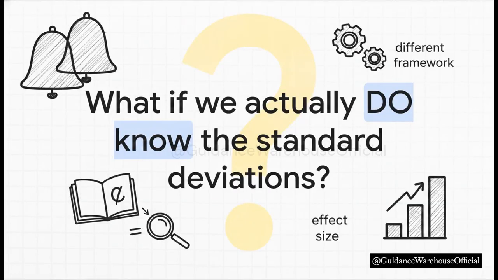So, we now know exactly how to handle populations when we are missing a ton of information. But consider this for a second. What happens in those rare, perfect scenarios where we actually do know the true population standard deviations right from the very beginning? How does all this math change then? Well, that entirely different framework is exactly what we are going to uncover in our